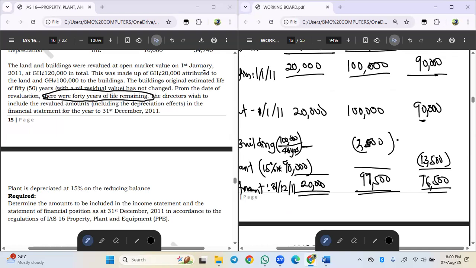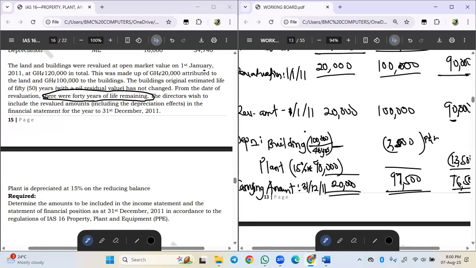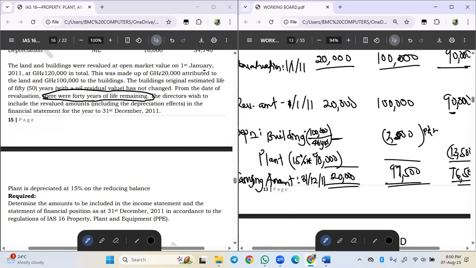Now 2,500 will be in the P&L as depreciation. 13,500 will also be in P&L as depreciation for plant. This one will be for building. There is no depreciation for land. When you go to the statement of financial position, the extracts,